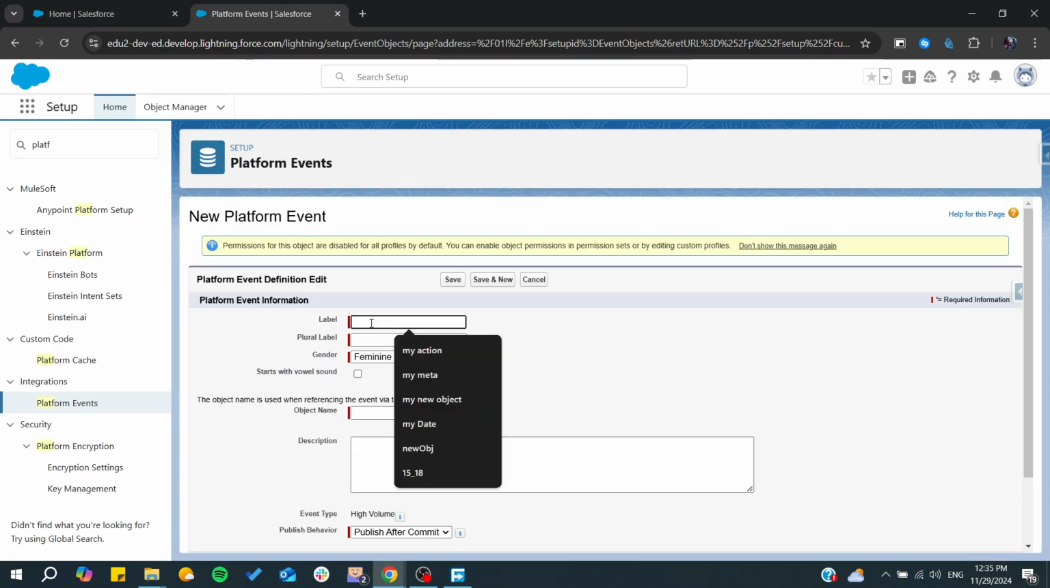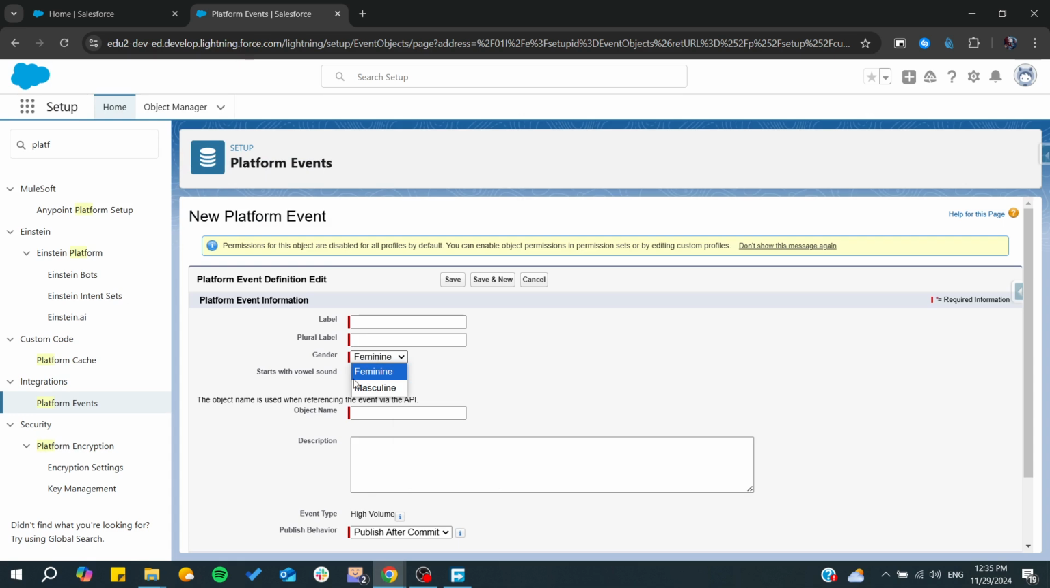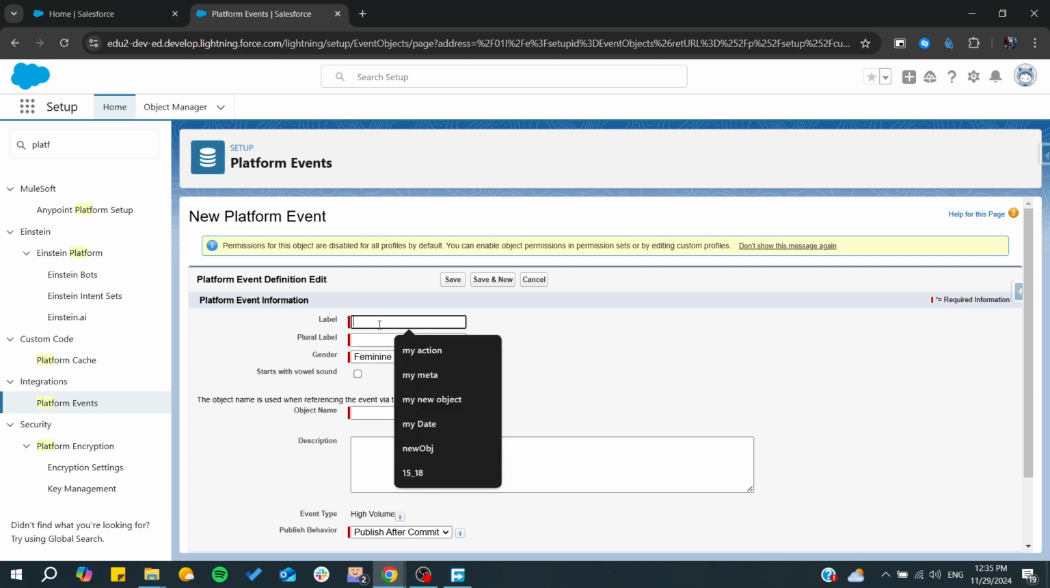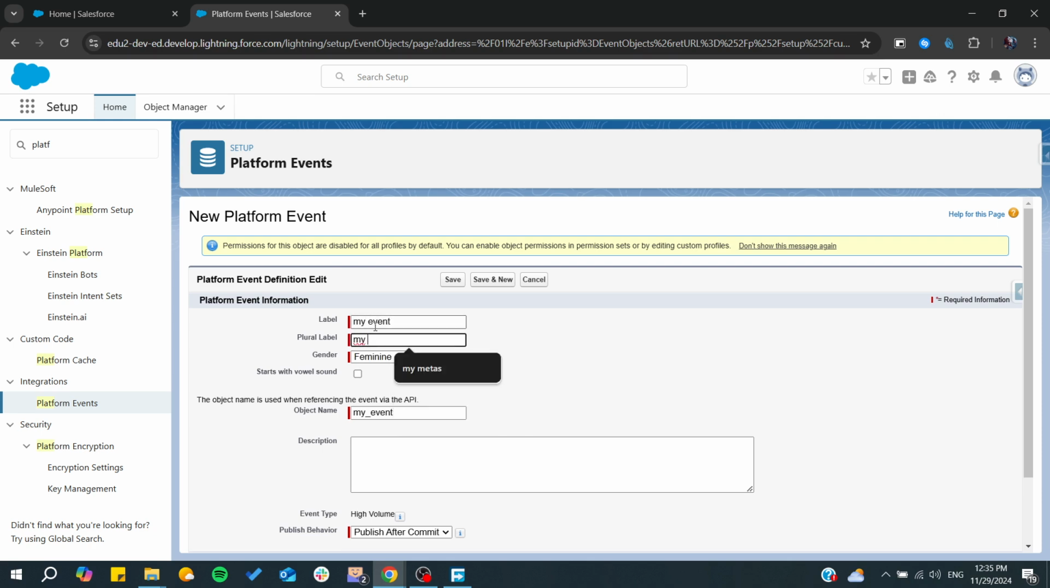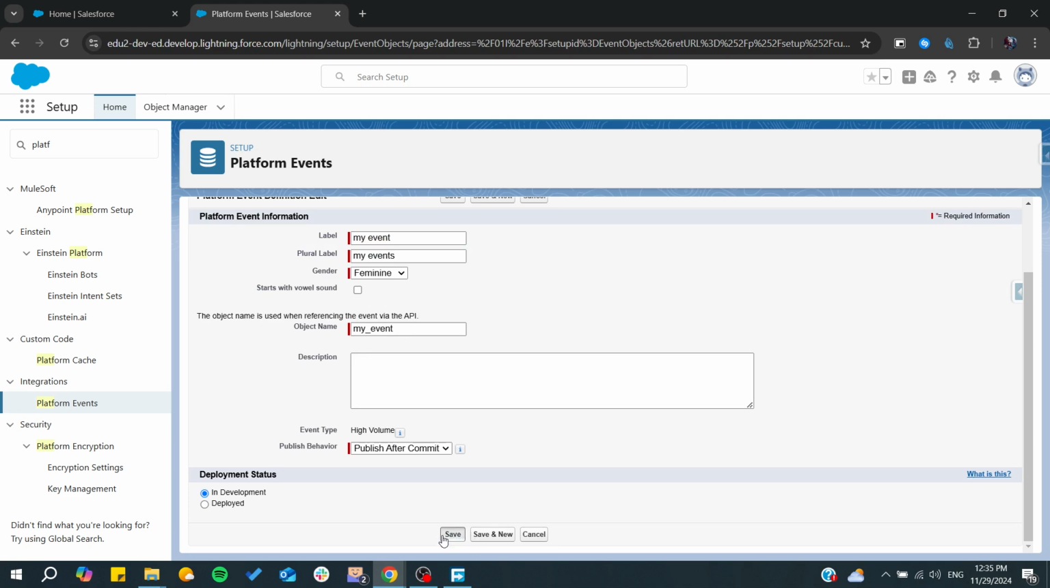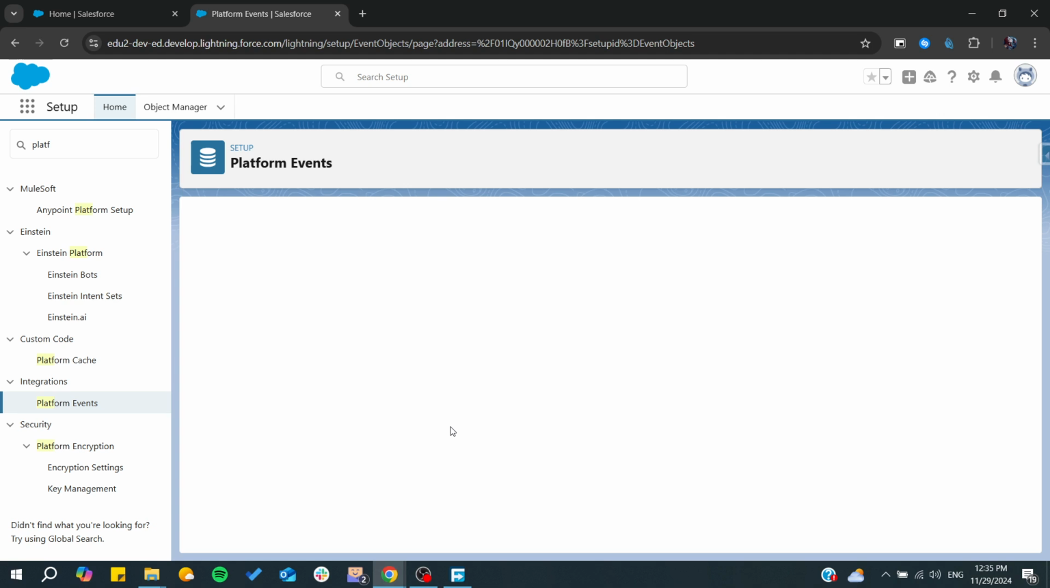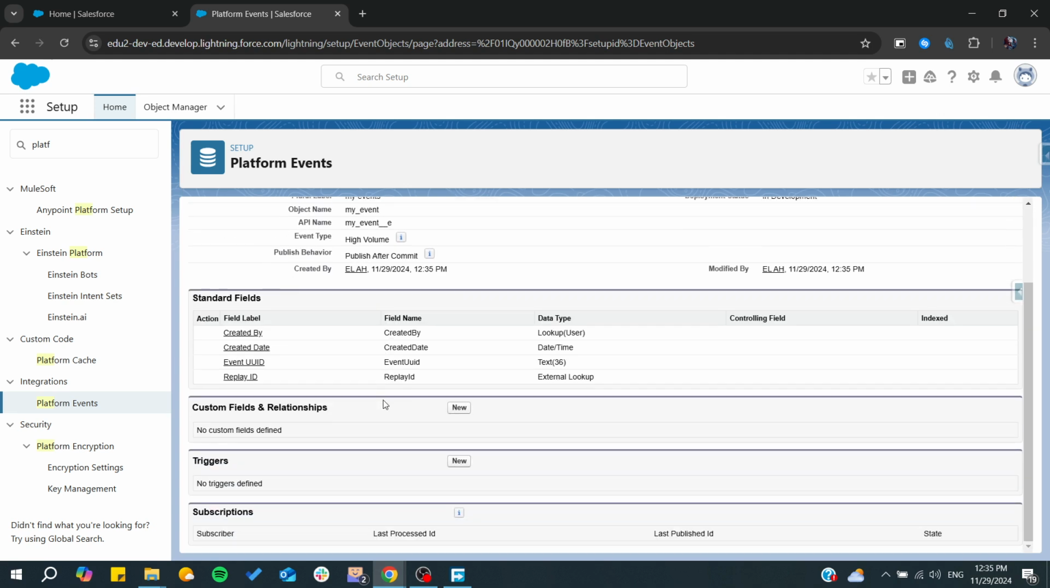You choose, give it a name, of course, whatever you like, and then you can name it my events. Then we can use my events, and after that, we will need just to click on save. So from here, we need just to click this, and as you can see, you can start adding custom fields,